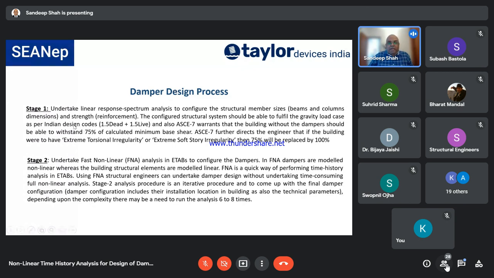So the gravity load case, which is 1.5 dead plus 1.5 live, the building should be able to meet this. And also ASCE 7 warrants that the building without dampers should be able to withstand 75% of the calculated minimum base shear. If there are discontinuities like extreme torsional discontinuity or soft story irregularity, then this 75% is replaced by 100%, but there is no limit to the drifts,